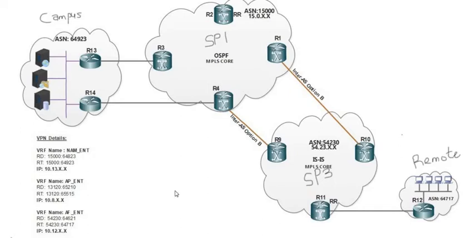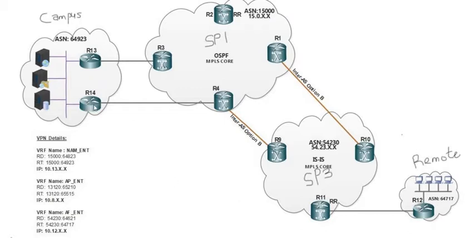So here's a design that I will work with in configuring the ASBRs as stated earlier. In this design, the aim for this particular config is to establish reachability between the LAN segment on the remote site to the LAN segment on the campus site. But before then, I will show you some basic configurations that have been done on R12,